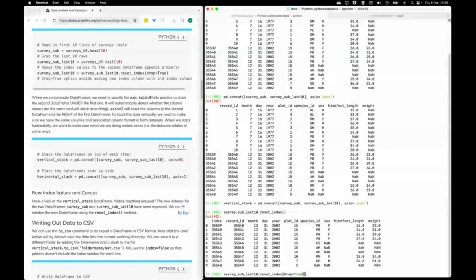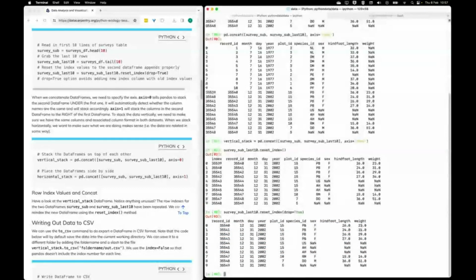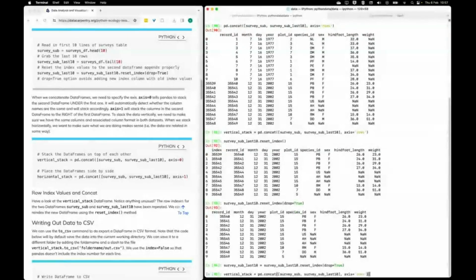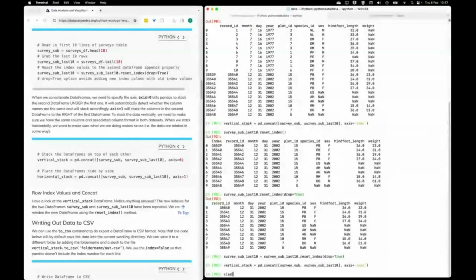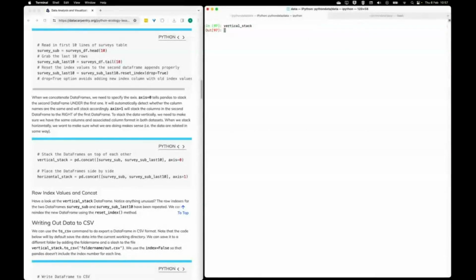So what that is saying is that when you create this new data frame that has this reset index as the actual index 0 through 9, ignore the old index, just don't include that in the new one. So then you can see there's no column called index. It's just the unlabeled index column, and then the record ID. So if we make survey sub last 10 equal to that, and then redo our concatenation to create our vertical stack, and look at what our vertical stack looks like now,